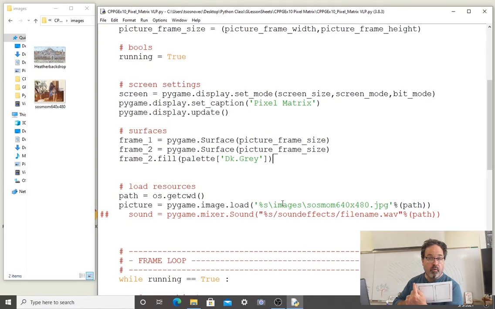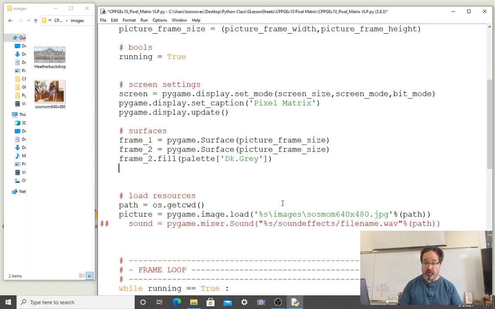I take the origin of the screen surface and I'm going to go over by a border, a frame width, and then another border horizontally. And then I'm going to go down by a single border to get to that top left corner where I'm going to put that second frame. So I'm going to work out the coordinates first